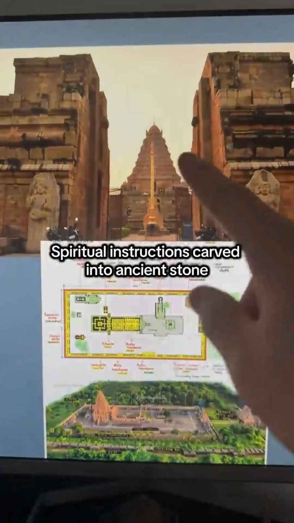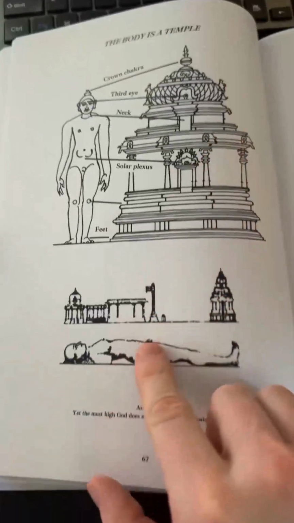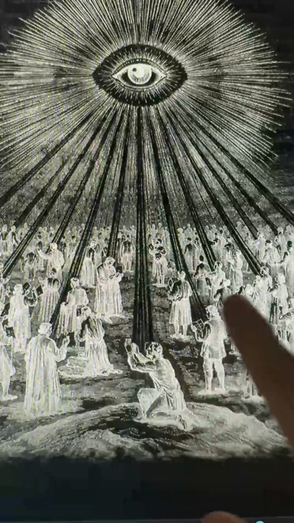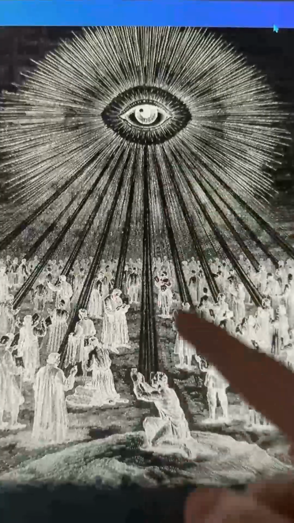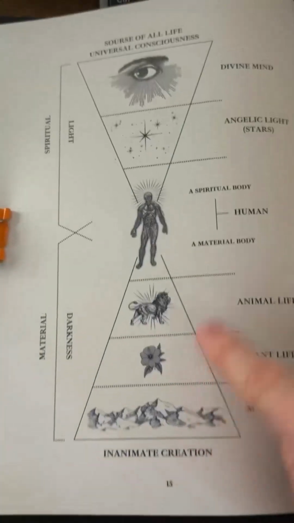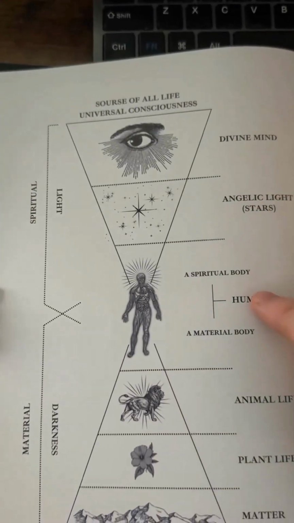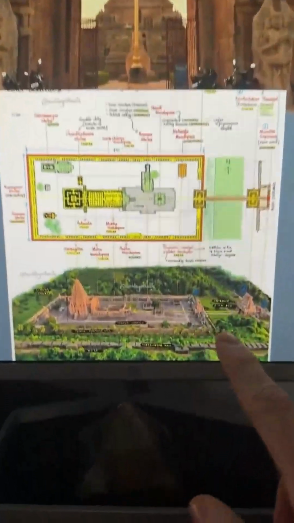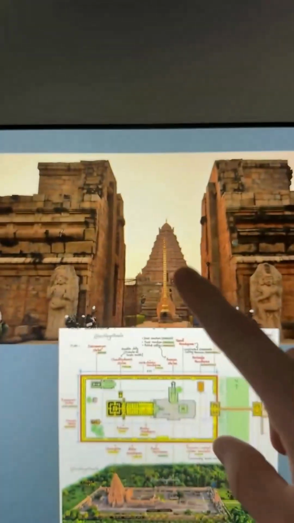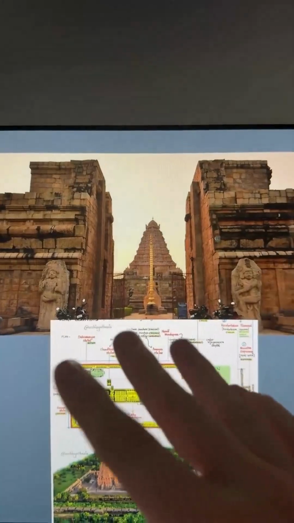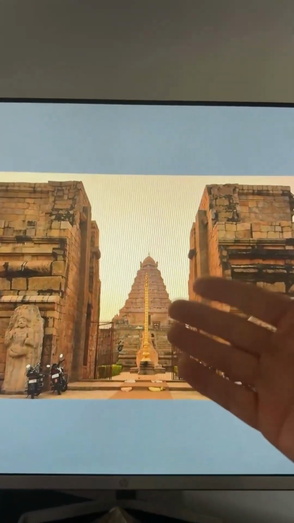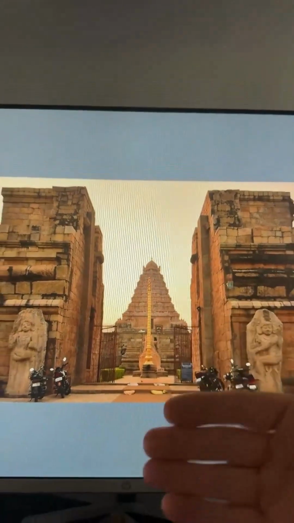I found some secret codes in this temple. Firstly, you need to understand that temples were always built in the figure of a human form, because the human body is the temple for God to experience himself in a 3D form. Humans have an animal nature for survival and a creative nature for the spiritual. These temples were more than likely mystery schools where they taught ancient sciences of spirituality. Therefore, everything you see here is all symbolic of you and giving you instructions. So when you enter the temple, it's symbolic of entering into yourself, into the mystery school.